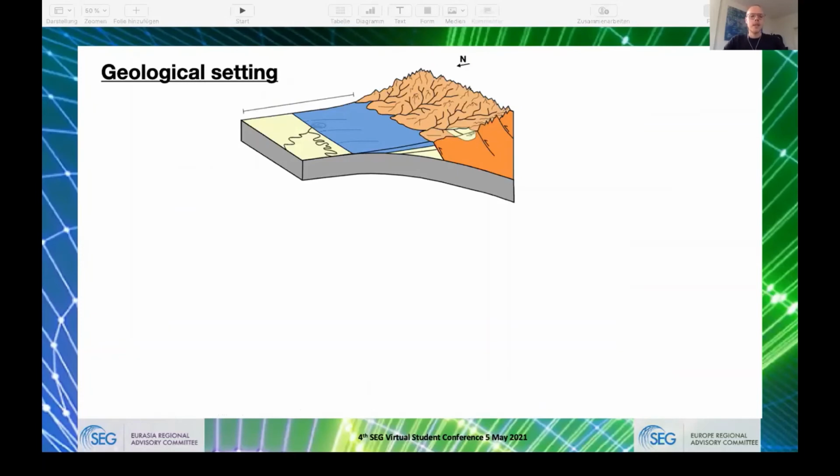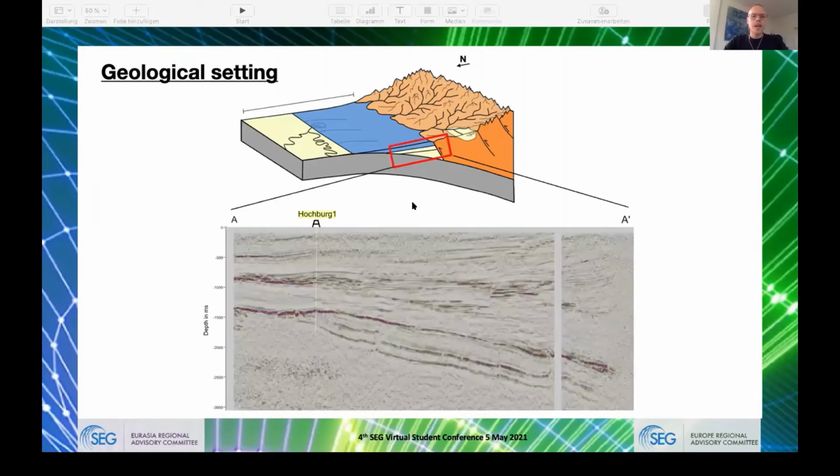So let's take a look into the geological setting and into our seismic line, which is this one here. And what we can see here is that we're definitely in a foreland setting. In the south of this line, we have the Alpine thrust front. In the lower part, we have the Eurasian basement. And then here, this beautiful triangular shaped foreland basin. And here we did a seismic interpretation, basin-wide, 3D,